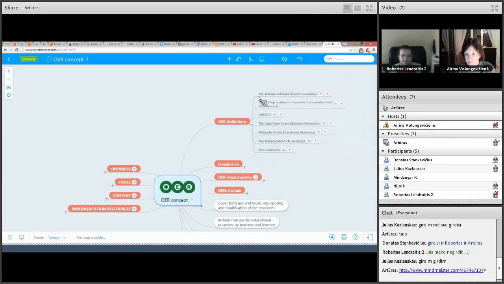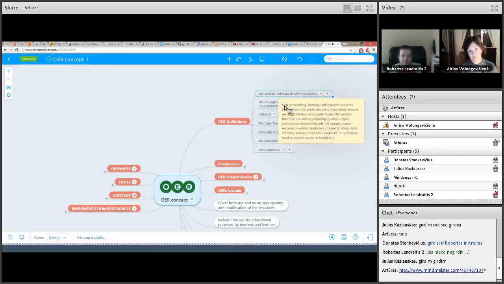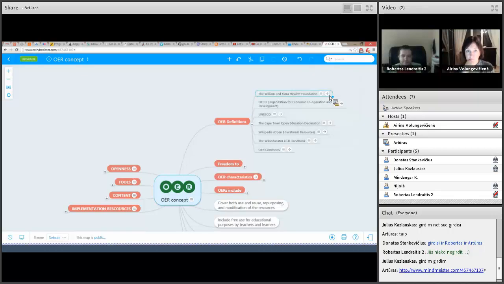You can see the group here, and then the actual way they define that term. And here's a link to the original paper where it's defined. So you can click on it and see that there's more information than we posted here. So here it's all just definitions from different groups.